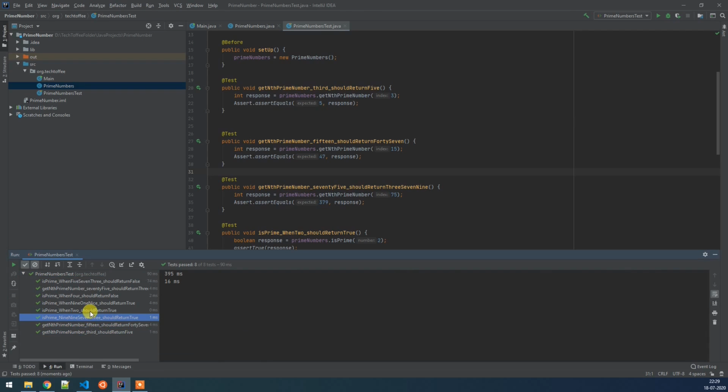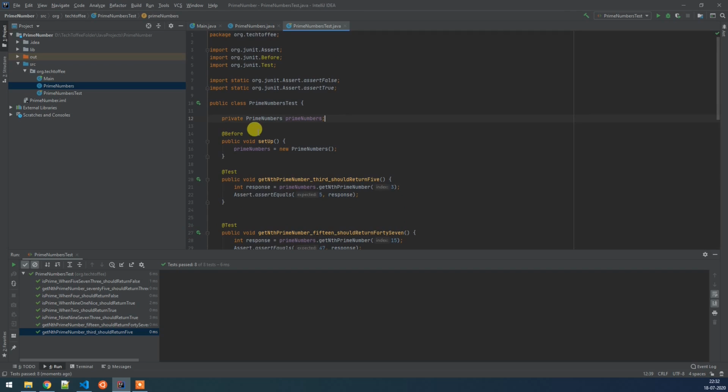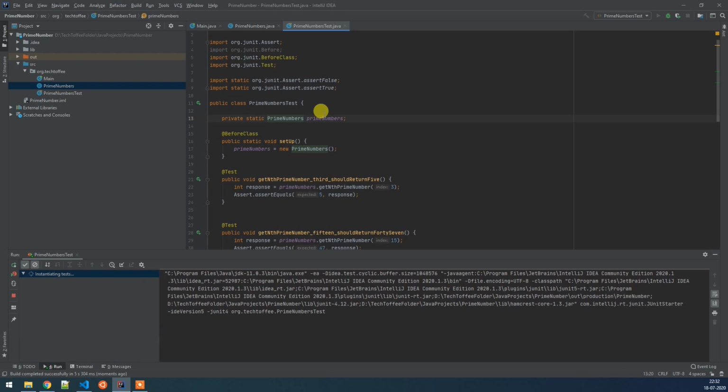So we have to make a simple change in our tests, and that change will be, instead of using Before, we have to use BeforeClass, and we have to make this prime numbers static. So what this will do is create our object only once before execution of all functions. So now if we run our unit tests,